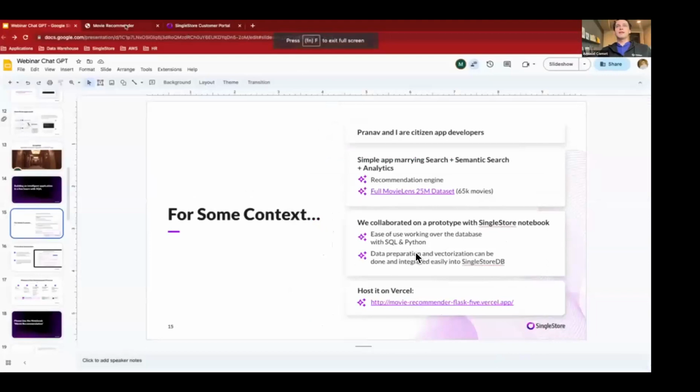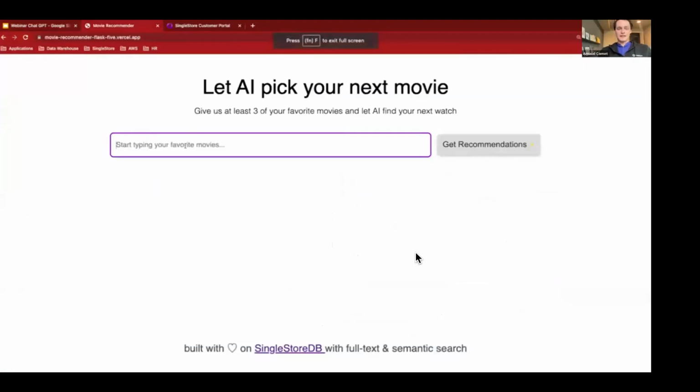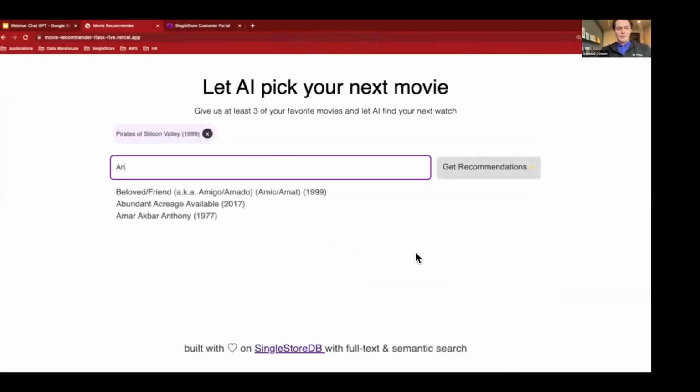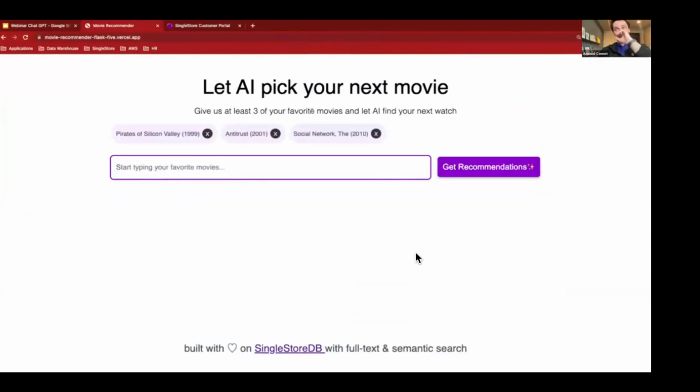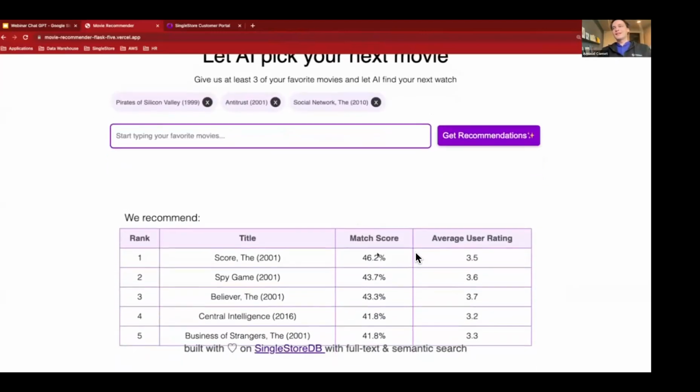Host it on Vercel, and let me ask some questions. So this app is very simple. It's like a prompt, and essentially as I type, I like Pirates of the Silicon Valley, for example. Antitrust, because I was at Microsoft in 2001, and The Social Network. That's my favorite movie, so I'm picking my favorite movies. We need at least 3, and then we send a recommendation, and that takes both